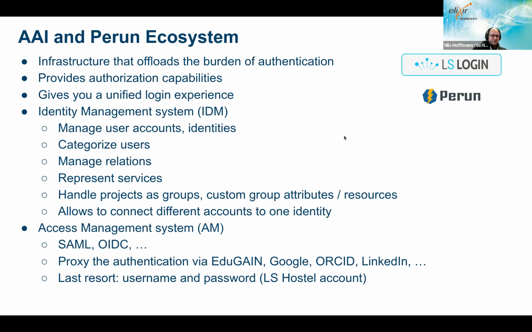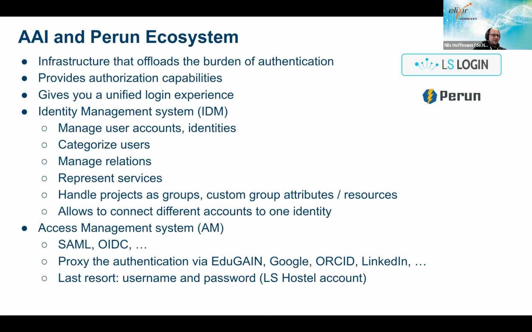What you can do in this identity management system with Perun is you manage your own user account, for example. And what is also really nice is you can also connect different accounts to one identity. So thing that we frequently encounter in the de.NBI cloud is that people start working for one university, for example, and they request a project, and then they sometime graduate, and then they maybe start their own group somewhere, and they want to move their project, which is something that we cannot automatically do, but we can negotiate that with the original PI and then transfer the rights, etc.